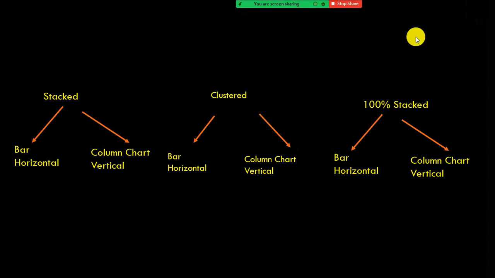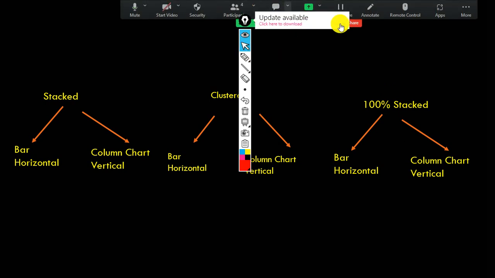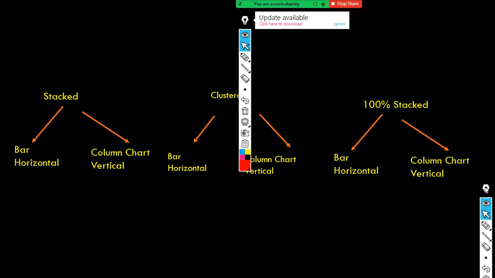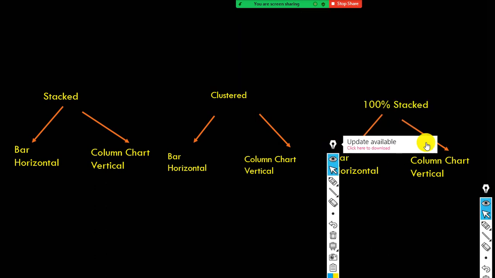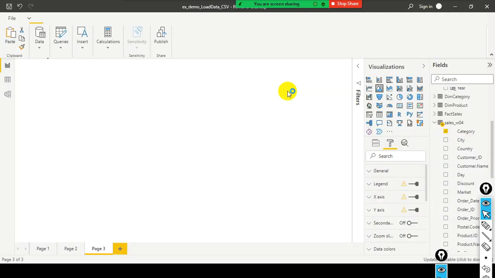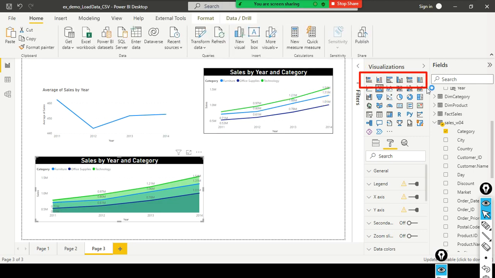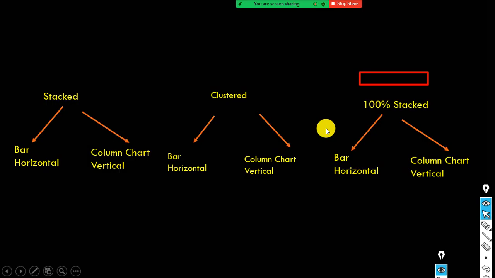Just give me a second, because with the annotation tool I can show you very clearly. I pressed it 2 times. Okay, so here if you see,